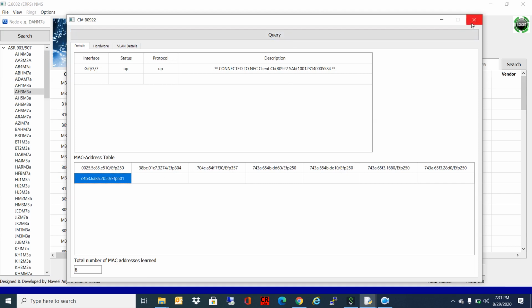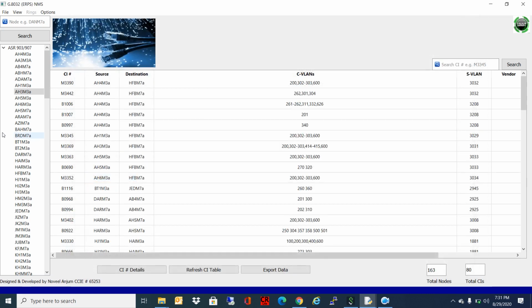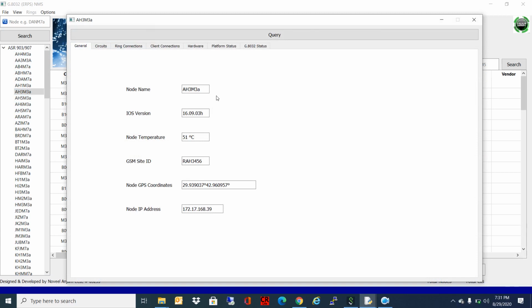So this window is showing the data or information about one CI only. On the left hand side of the screen, we can see there is another tree. These are the ASR 903 and 907 routers. Once we click on any of these devices, it will show all the information about the ASR.